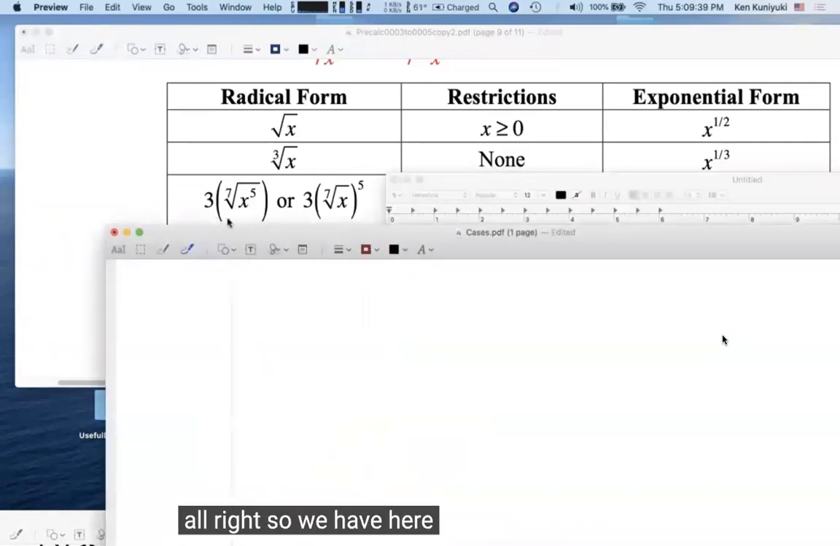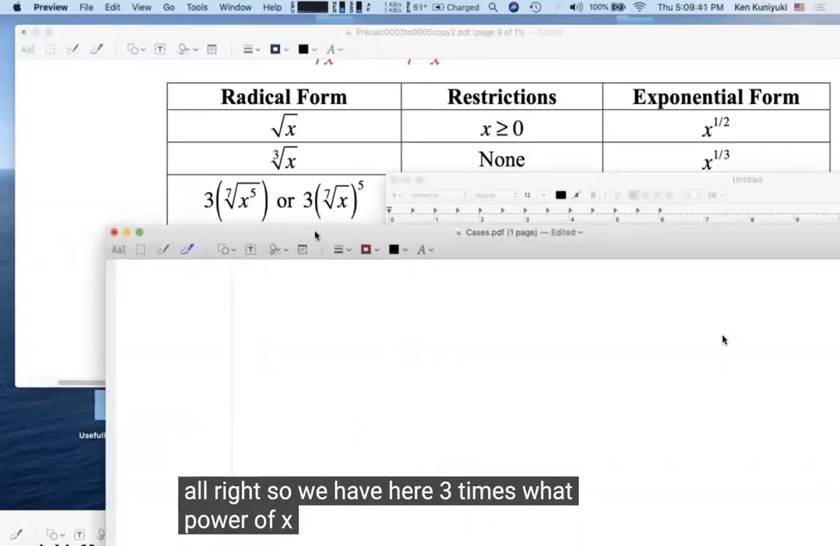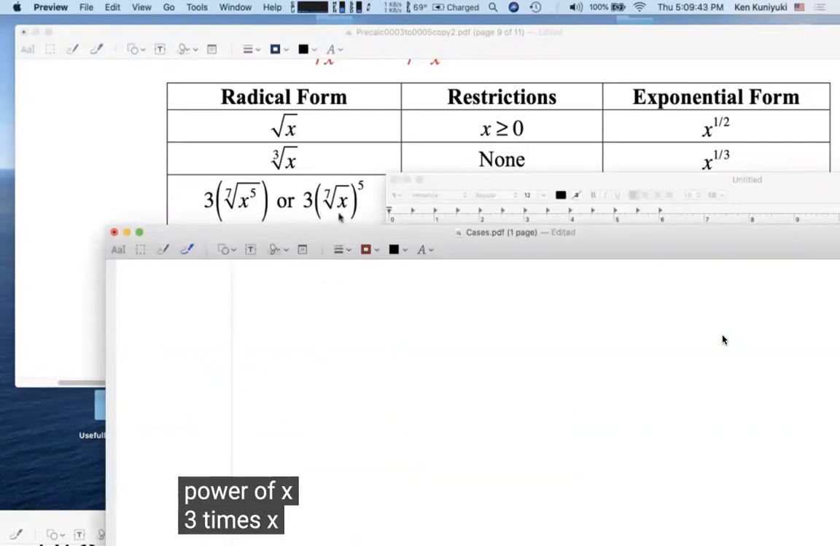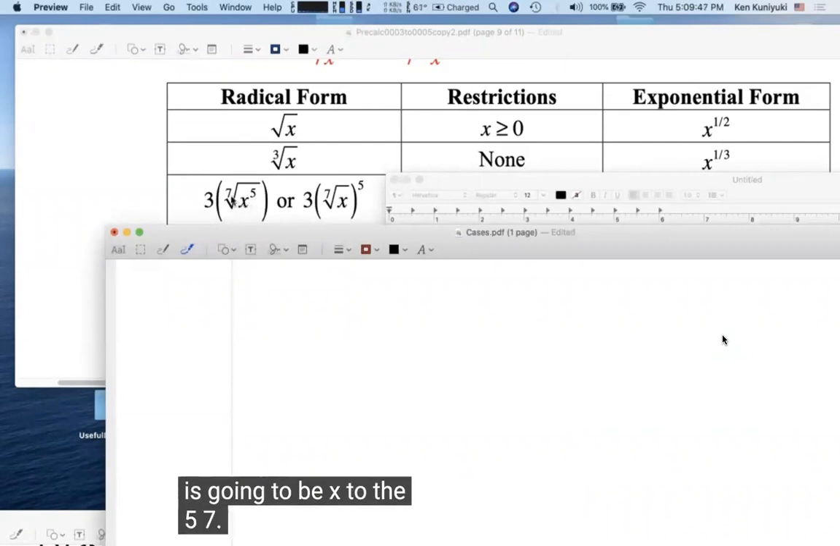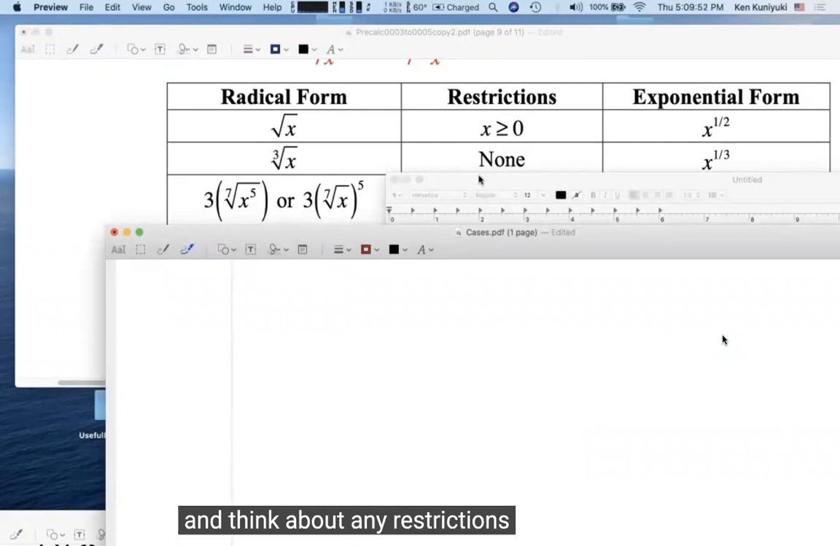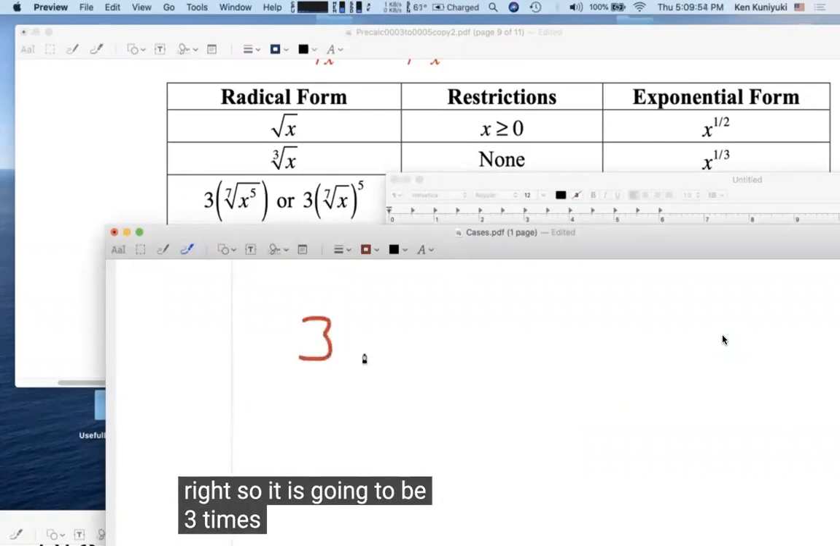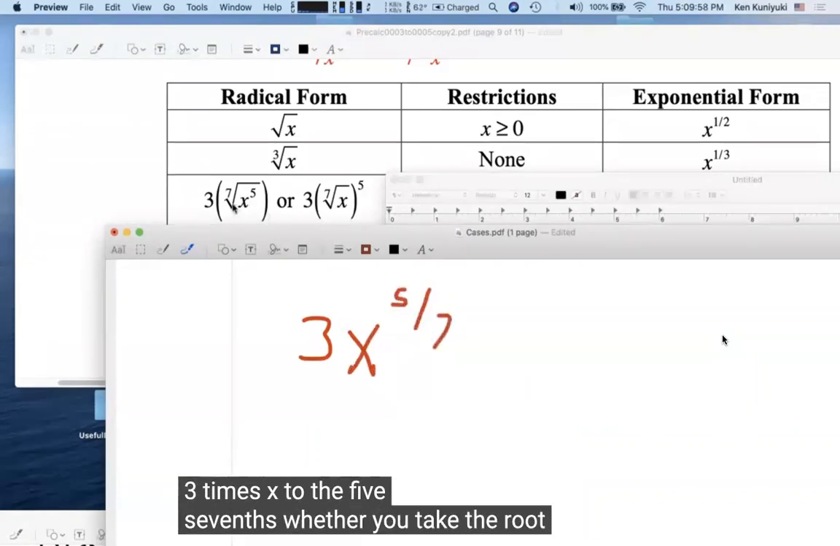All right, so we have here 3 times what power of x? 3 times x to the, either way you cut it, it's going to be x to the 5/7. And think about any restrictions, right? So it is going to be 3 times x to the 5/7, whether you take the root before the power